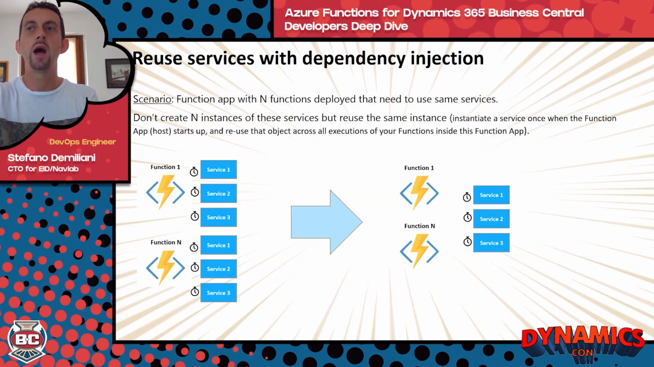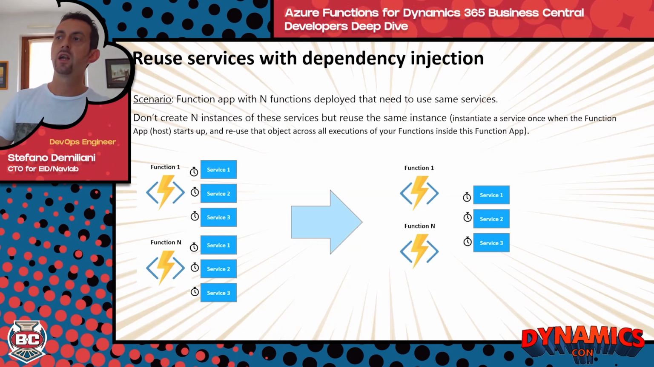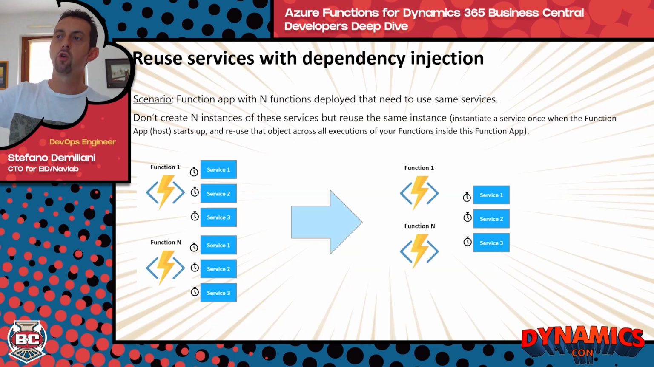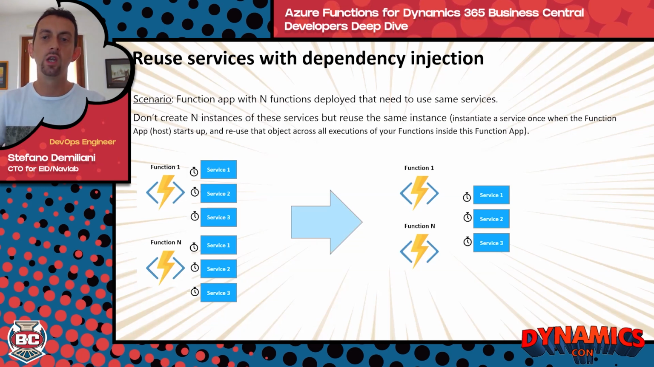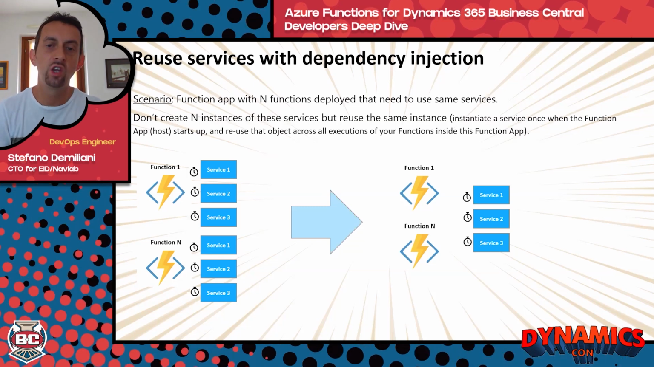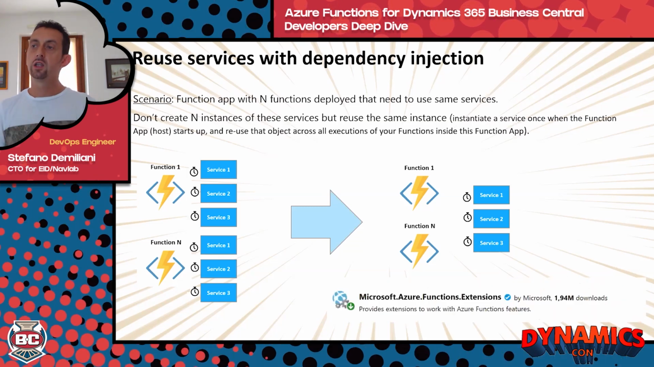So instead of having function 1 that connects to service 1, 2, 3, and function n that connects to service 1, 2, 3 again, it's much better to create one single instance of service 1, 2, 3, and then having function 1 and function n connect to this single instance. This is called dependency injection. You can do that while using this library,